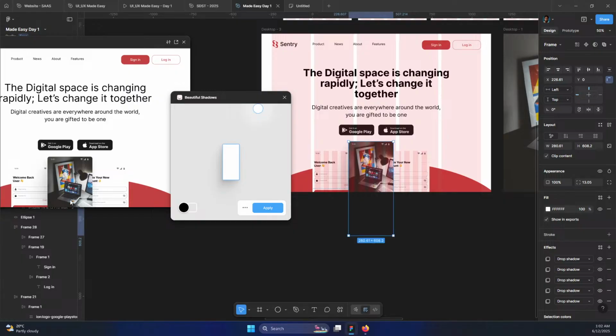Yeah, you can see the effect here. You can see how the effect is, and how you're adjusting it. How is it showing on your screen? You can see how it is on the image right here. You can see the effect, right? You can see it right there. So you can actually add this using Beautiful Shadows. Just go like this, and